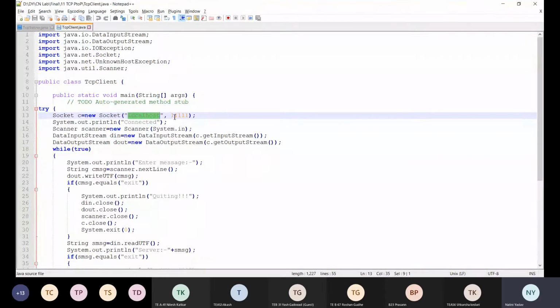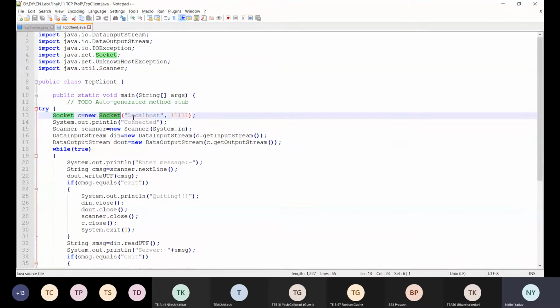See this: at the client, this particular socket call is going to do the functionality of creating a socket and sending a request to the server. These two functionalities are built into the socket call of Java. Are you getting this?